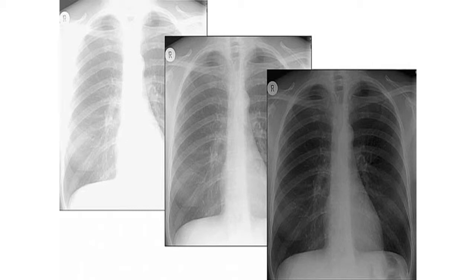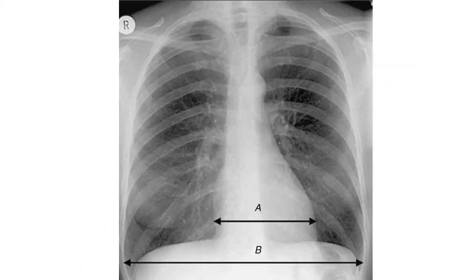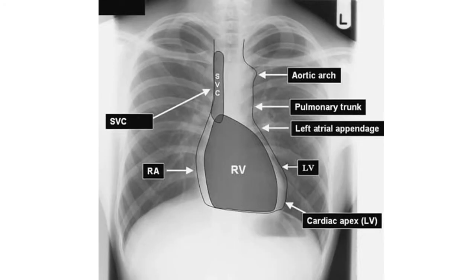And the contrast setup is also important. The X-ray cannot be more dense or less dense; it has to be optimally dense for diagnosis. In this image we can detect the measurement of the heart. The maximum transverse diameter of the heart should be less than 50% of the total diameter of the chest. If it is more than 50% in case of an adult, it should be considered cardiomegaly, and if it is more than 60% in case of children, it should be considered cardiomegaly.